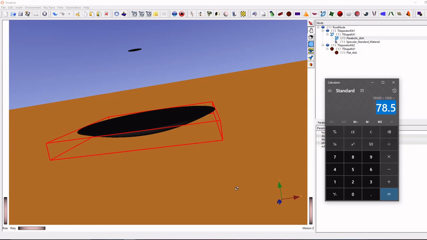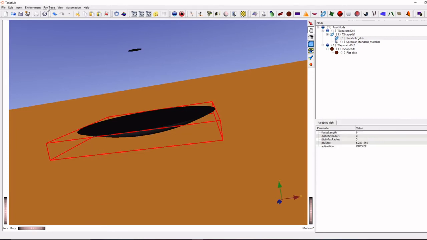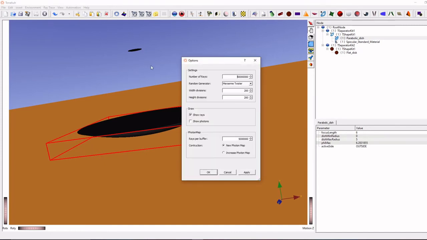But actually we getting around 90. So that means we have to change the number of rays. You have to enter 5 crore number of rays. So when you increase the number of rays, the accuracy of result will be high.